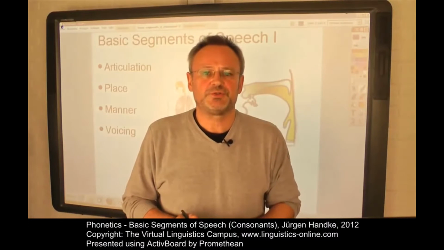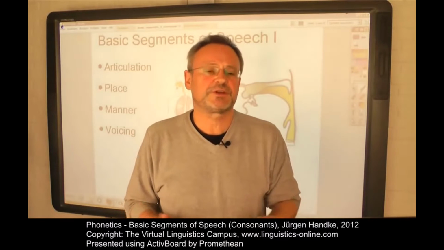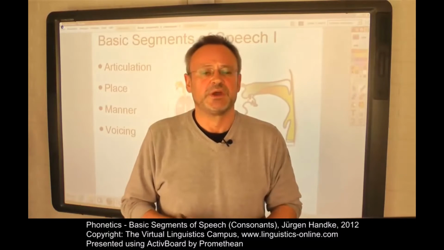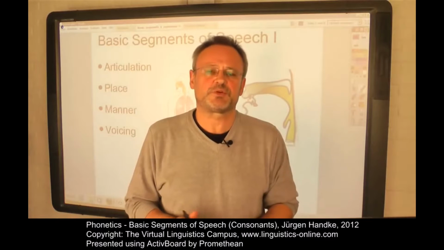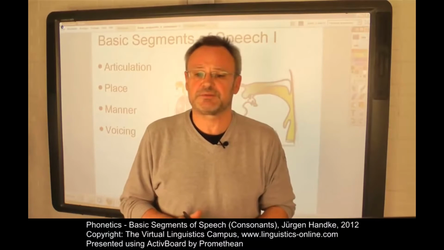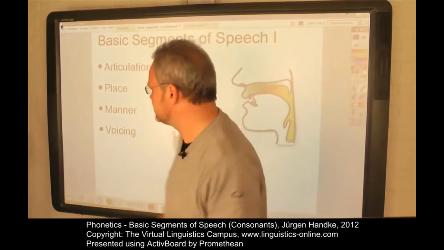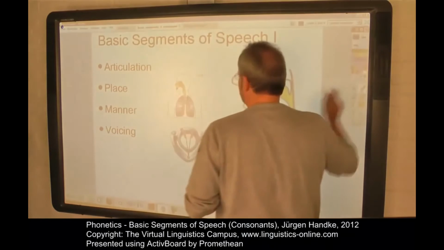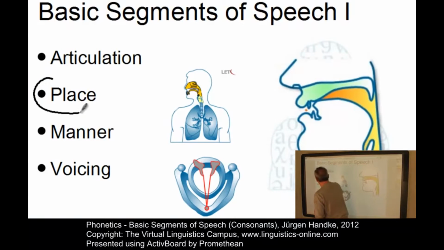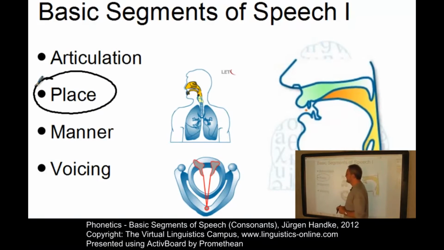This unit introduces the phonetic machinery for the classification of consonants. Consonants are speech sounds that involve some sort of obstruction to the airstream in the vocal tract. Using this criterion, we can set up two distinct articulatory parameters for consonants. For example, the place of articulation, that is, where does the obstruction occur? We can use the manner of articulation, that is, what type of obstruction is involved,